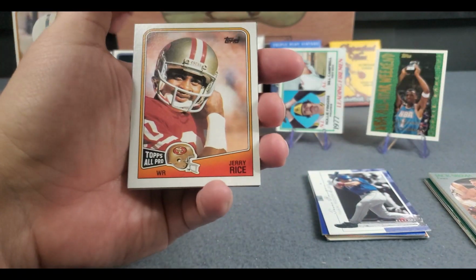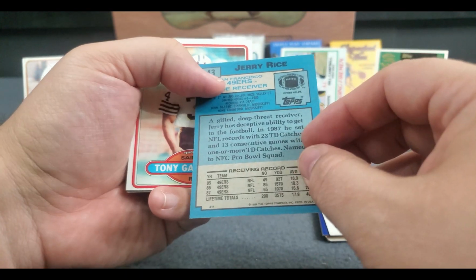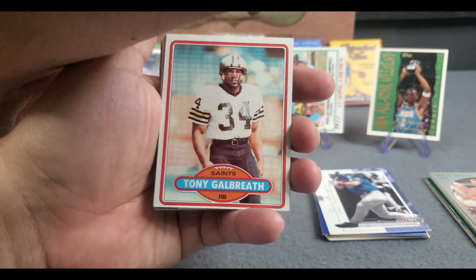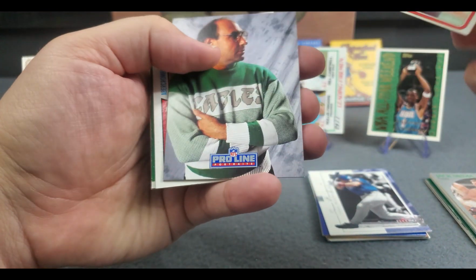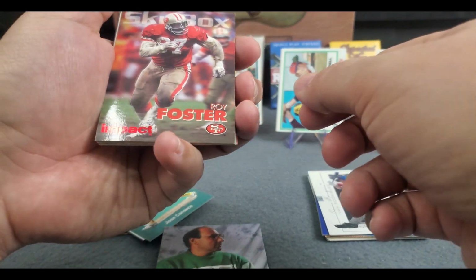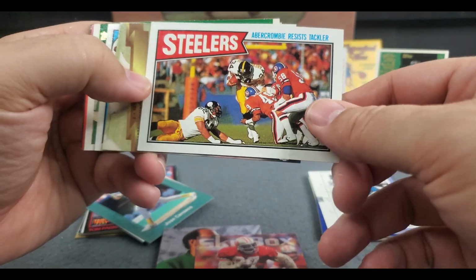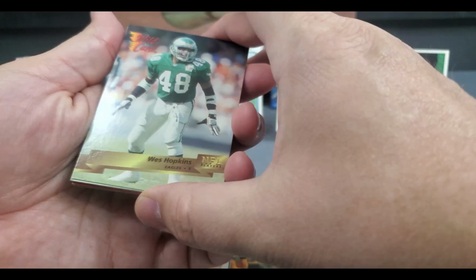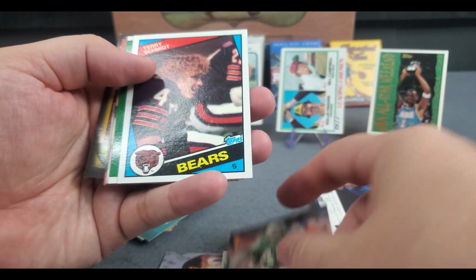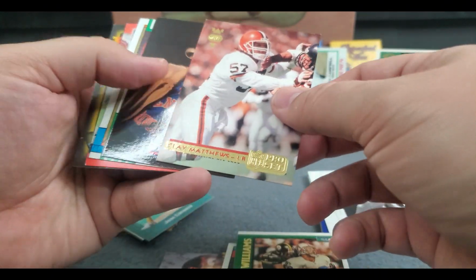76. Jerry Rice, there we go. There's a Hall of Famer. 89, no, 88. Tony Galbraith, I'm sure I butchered that name. Eagles coach, Rich Kotite, Roy Foster, 87. Steelers. We got a Wes Hopkins wild card, Terry Schmidt, Willie Williams, Clay Matthews pro set,